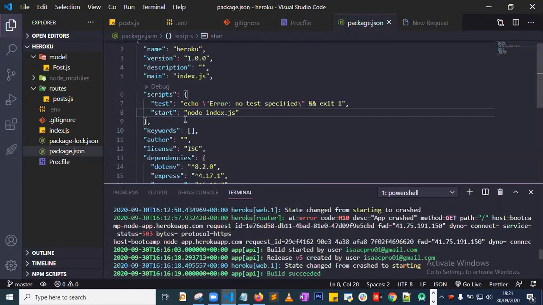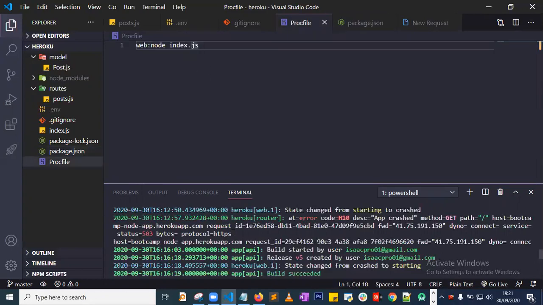But before you deploy your application, or when you're working, you need to specify this script which says start. It has to specifically be start because it looks for start. That's how it is configured. So it is start, then node index.js. When you configure this well with the Procfile, then you